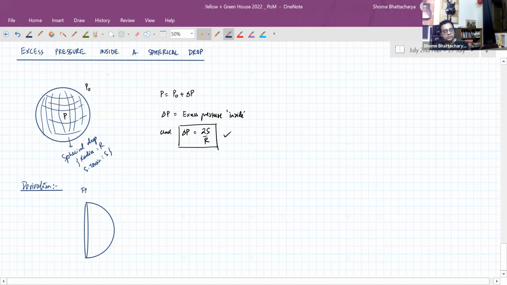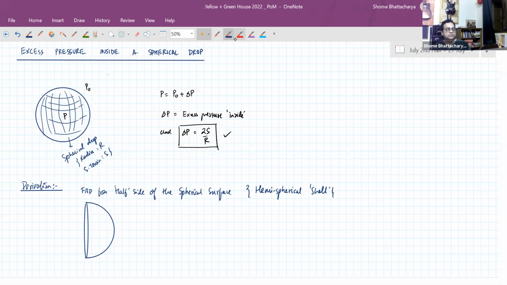So this is the FBD for half side of the spherical surface only. It's basically like a hemispherical shell